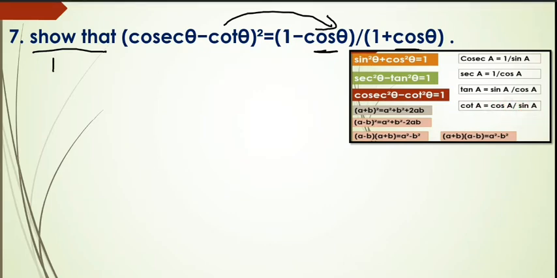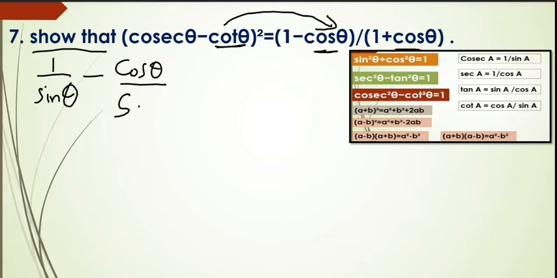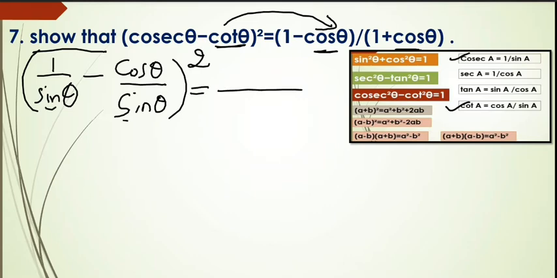So cosecant theta is 1 by sin theta minus cot theta. Cot theta means cos theta by sin theta, whole square is there, so write whole square. Okay, so cot theta and cosecant theta we are using. And observe that sin theta in both is the same, so the LCM becomes sin theta and the numerator becomes 1 minus cos theta